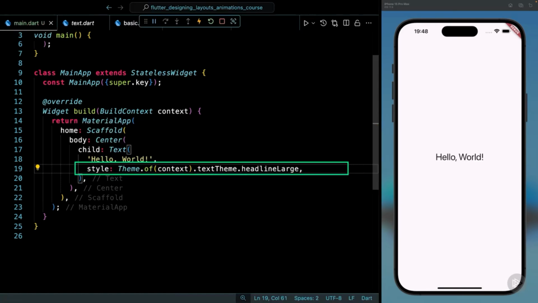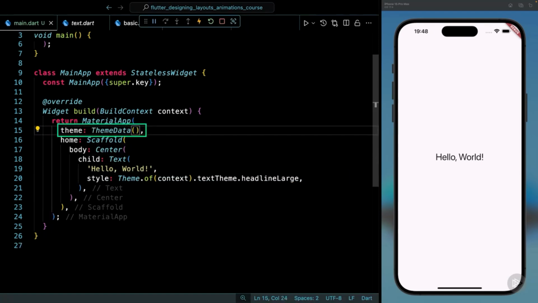The good thing about this is that now every time I change the headlineLarge on the theme data, let's say to do that, and then you need to pass your new theme data. So once you do that, then this text is going to inherit the style from the theme data. All right,